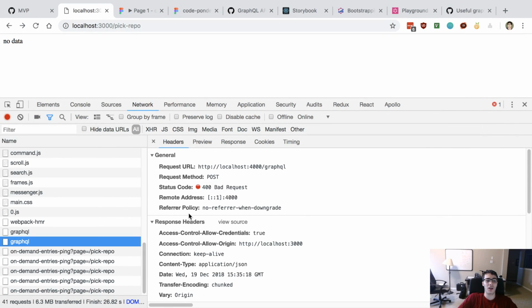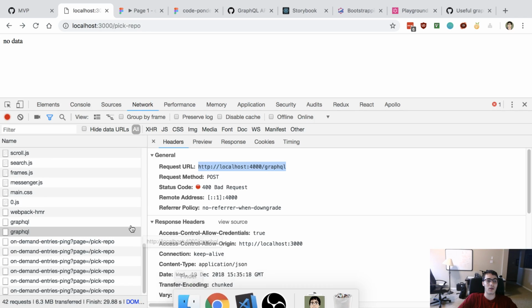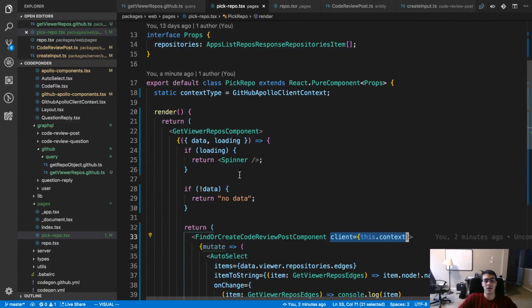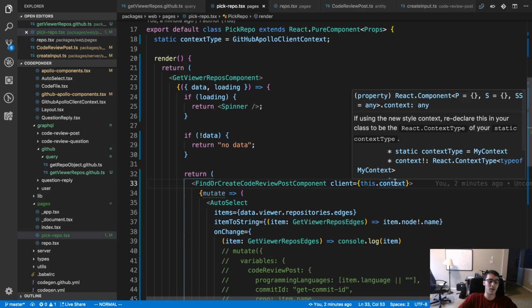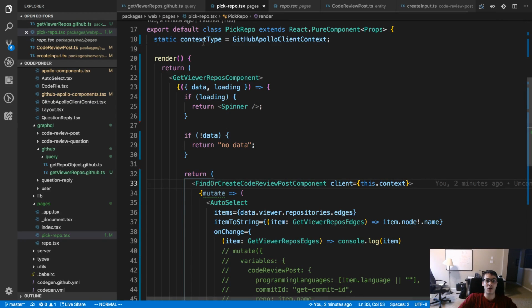So I'm trying to do the GitHub API query on my local server instead of sending it to the GitHub API right now, even though we have the client set as this.context, which should be getting the Apollo client context.